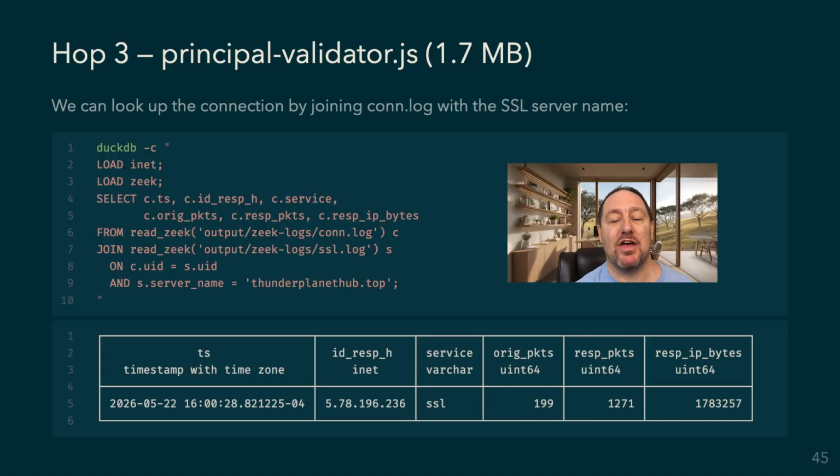Joining con.log with ssl.log on the UID lets us query by domain name instead of hard coding the IP address in our SQL. And this is where DuckDB and Yassine's extension really shine, because you can take 2 different text logs and join them together using SQL. So you can see in the slide that this TLS session carried all 3 hops. The step files from Brad's decrypted TLS that I went through earlier, that tells us what's inside though. And shout out to Brad for doing the hard work on that. You're the real MVP. Really appreciate it, because with the PCAPs alone, we wouldn't be able to see all the